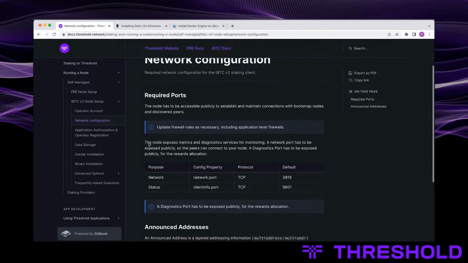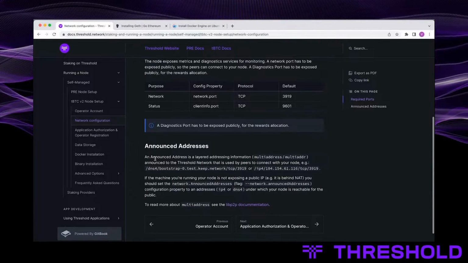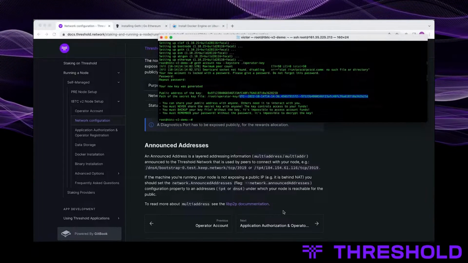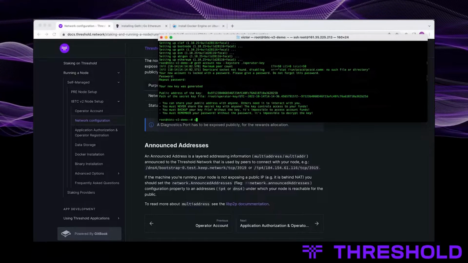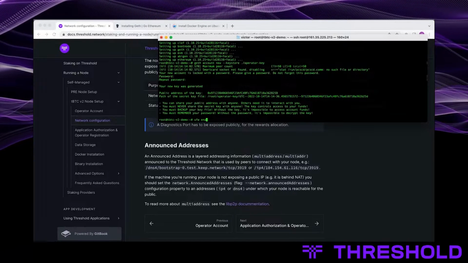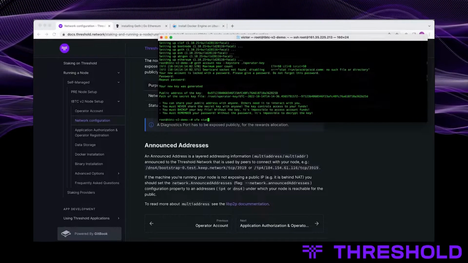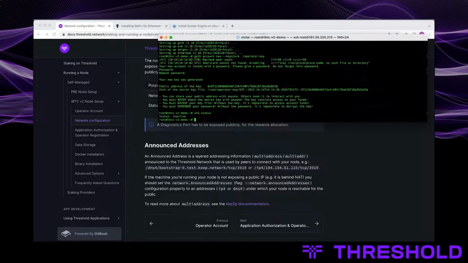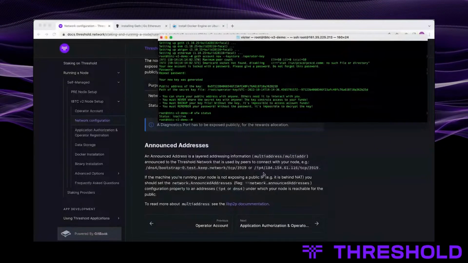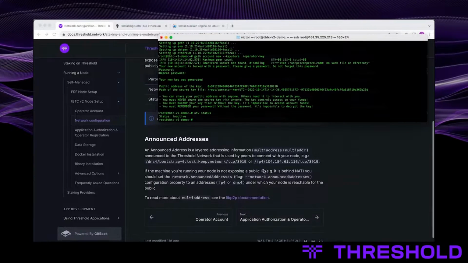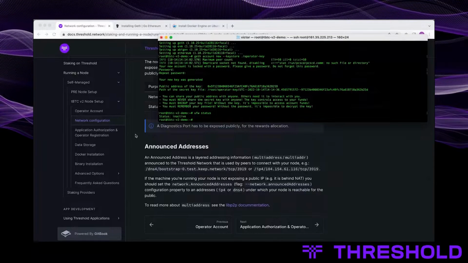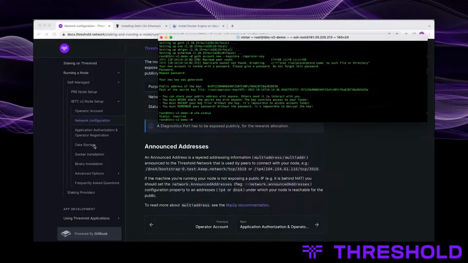Next, the network configuration. So bare minimum, probably at least enable UFW. That should be off. I'm going to leave that off for the sake of time. Where are we at here? Okay, so let's move on to data storage.